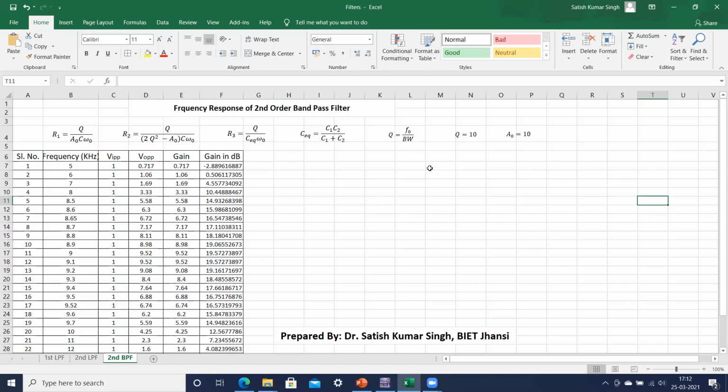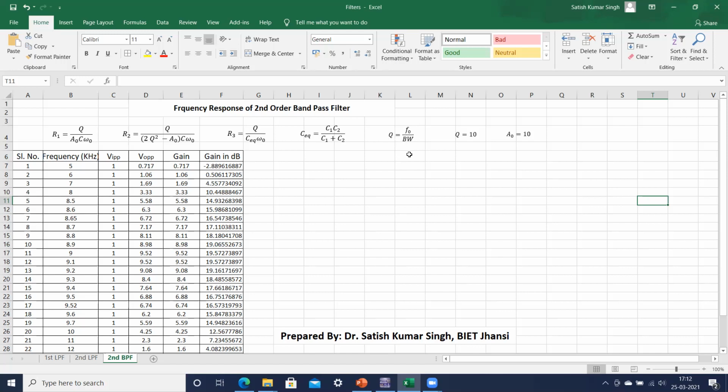If you know the quality factor, A naught and F naught, obviously you will be able to calculate the 3 dB bandwidth. If the bandwidth and central frequency are mentioned, then you can easily calculate the quality factor. So at least three of the parameters should be known.